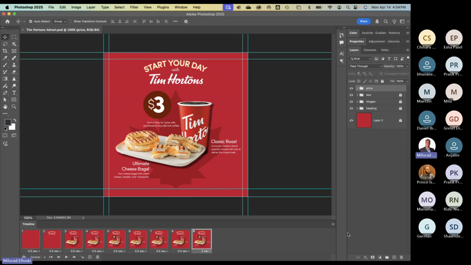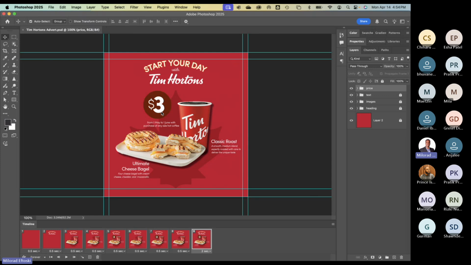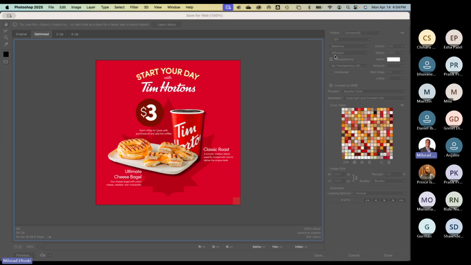And then what I like to do is produce it for web, of course. So we're going to go to File, Export, Save for Web. So this is how now we produce the animated GIF. So when you go Save for Web, you go over here and you change it to a GIF format. So this is how GIF works. It's going to ask you a few